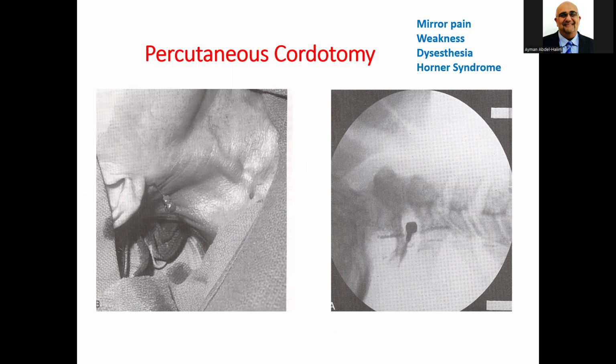In fact, the commonest complication encountered with percutaneous cordotomies are dysesthesias. Okay,